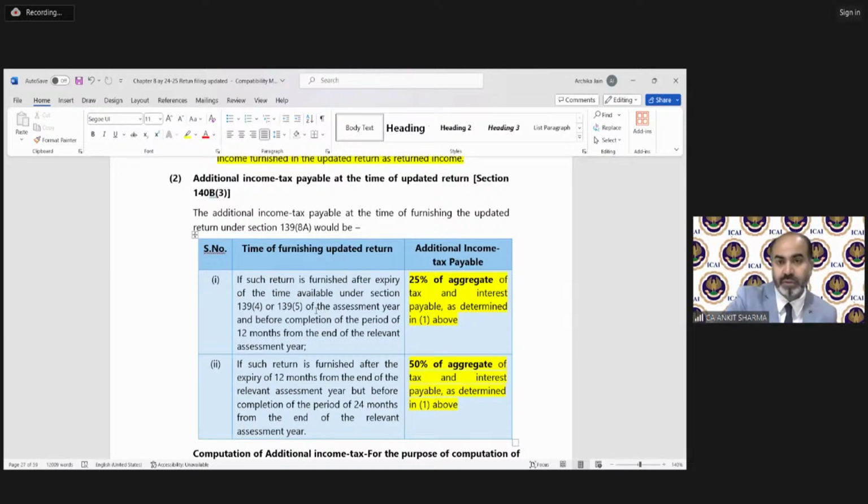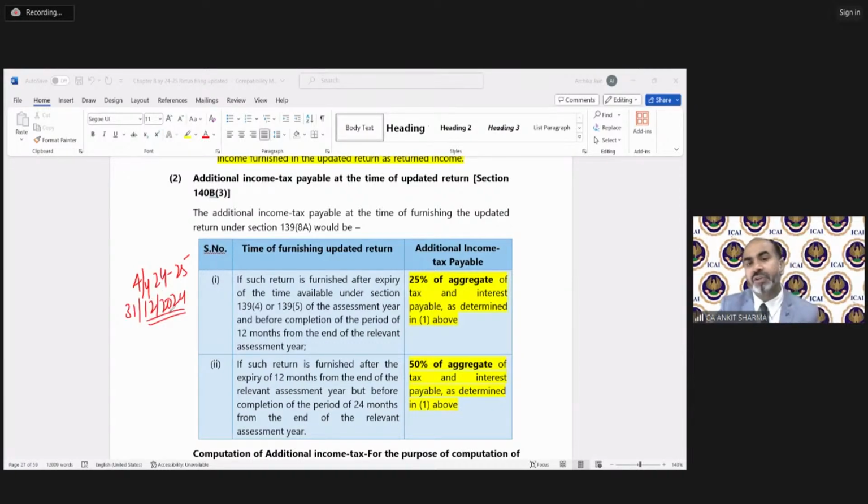So this point is saying, for the purpose of assessment year 24-25, the date is 31st December 2024, the last date of furnishing of return. So if this date has passed, then we can file an updated return. And if the updated return has been filed from 1st January 2025 till 31st March 2026,